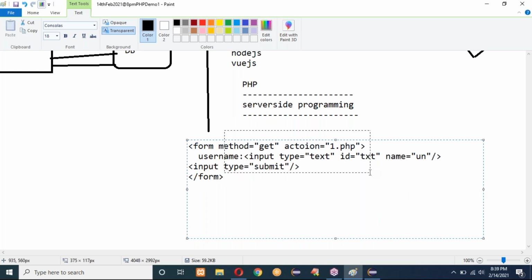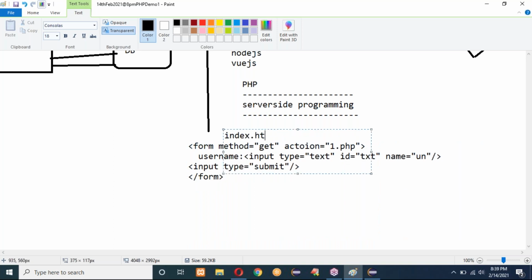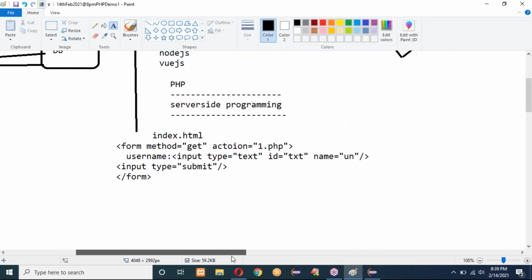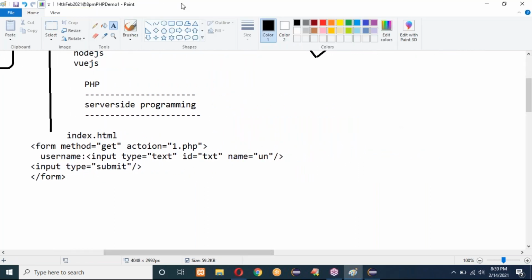This is my index.html. When I run this program on a PHP server, that is XAMPP server or WAMP server, which we have to install specially. If you save your HTML application and PHP application on the same server and run that application, whenever we click on the submit button, it will redirect to 1.php.